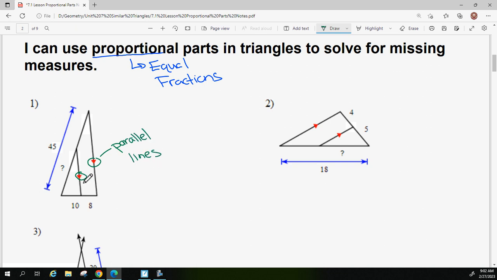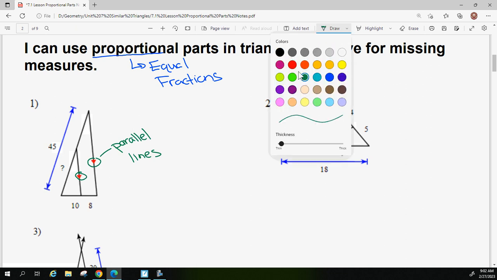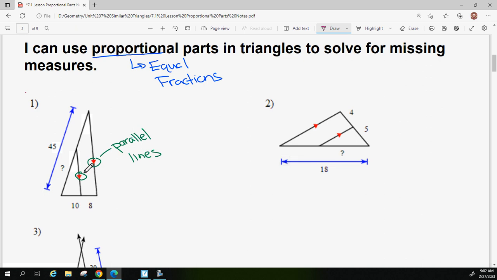So what we have happening here is we have a triangle, and then we have this segment inside this triangle that's parallel to one of our sides. And what happens is it creates some proportional relationships that help us find side lengths. This segment in the middle of this triangle is splitting this side up into two pieces and splitting this side up into two pieces. And that's why we sometimes call this the side splitter theorem, because we have a segment that's splitting a side,